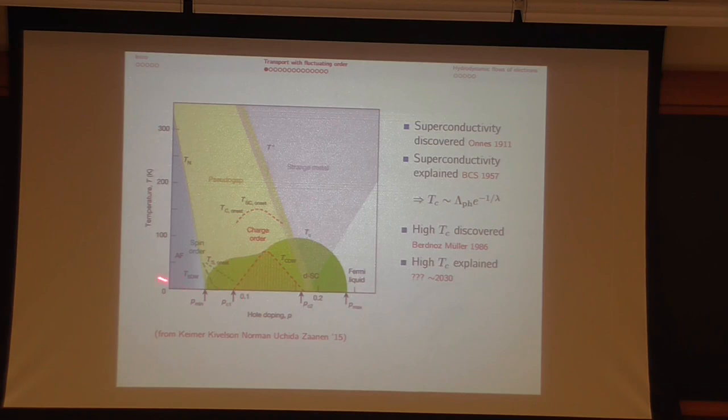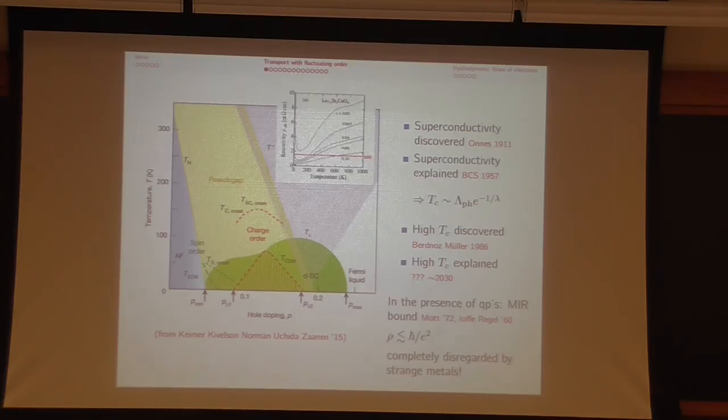There are regions where other symmetries are spontaneously broken. Charge order and spin order mean that the translation symmetry is spontaneously broken, either by a charge profile or a spin profile. And finally, there's the infamous strange metal region, which has a linear in temperature resistivity. This is the DC resistivity versus temperature. An important feature of this resistivity is that it violates a bound on resistivity due to Mott, Ioffe and Regel, that you can obtain if you assume that the current is carried by quasiparticles.